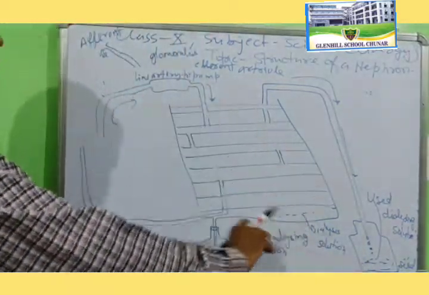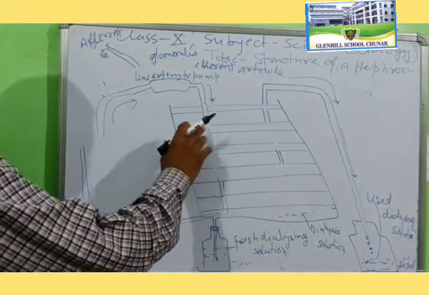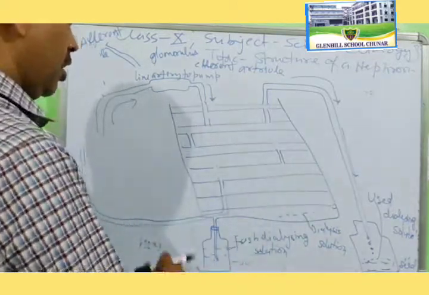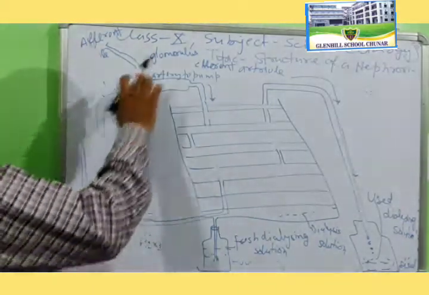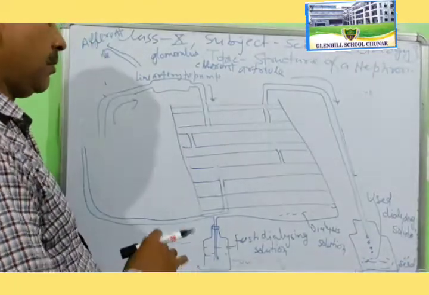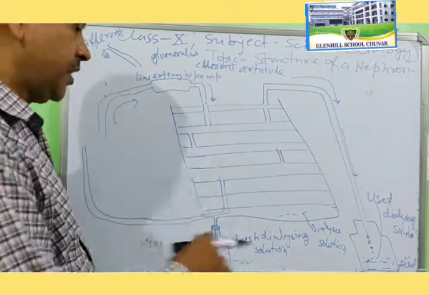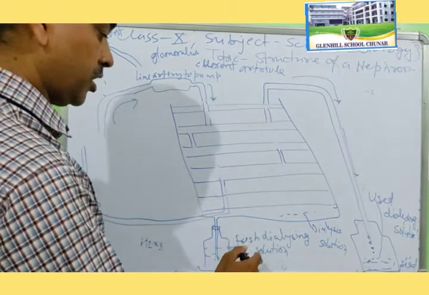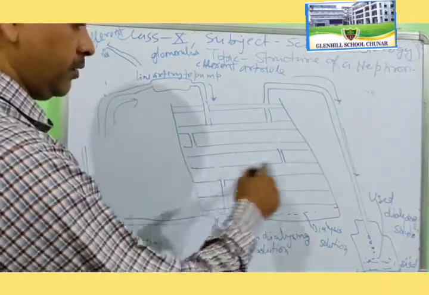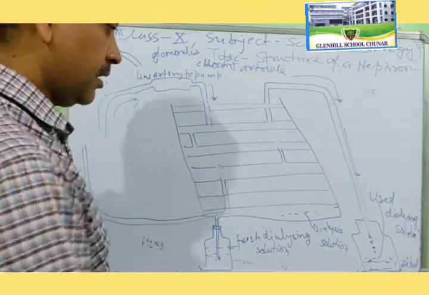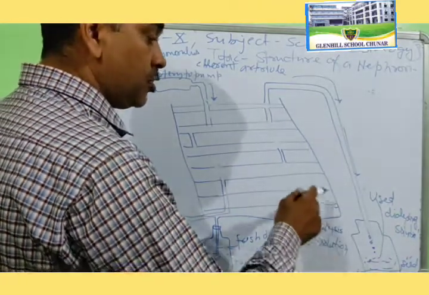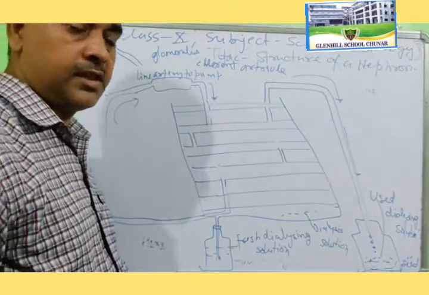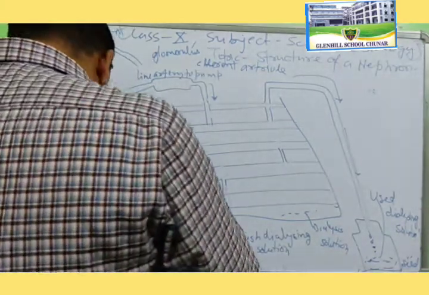Generally, this is a dialysis tube made of cellulose. This is a coiled tube structure where the blood comes for purification. Sir, this is the fresh dialysing solution, fresh dialysis solution in the various steps. And this jar is the used dialysis solution, which contains the deoxygenated respiratory products solution.